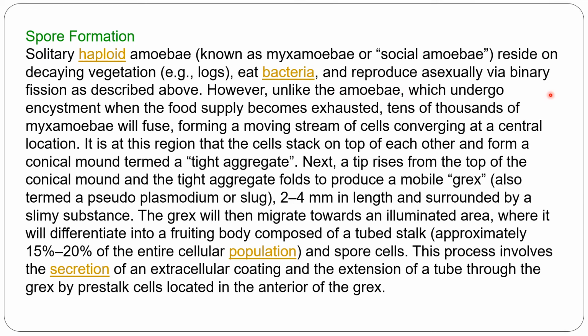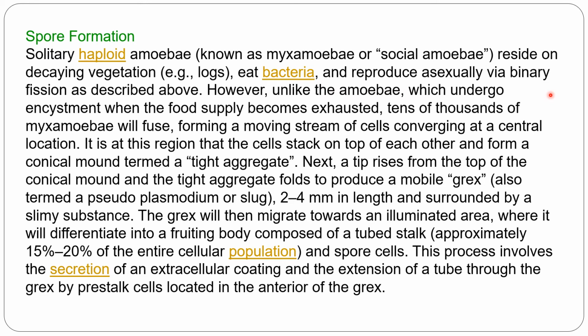However, unlike the amoeba, which undergo encystment when the food supply becomes exhausted, tens of thousands of myxoamoebae will fuse, forming a moving stream of cells converging at a central location. It is at this region that the cells stack on top of each other and form a conical mound